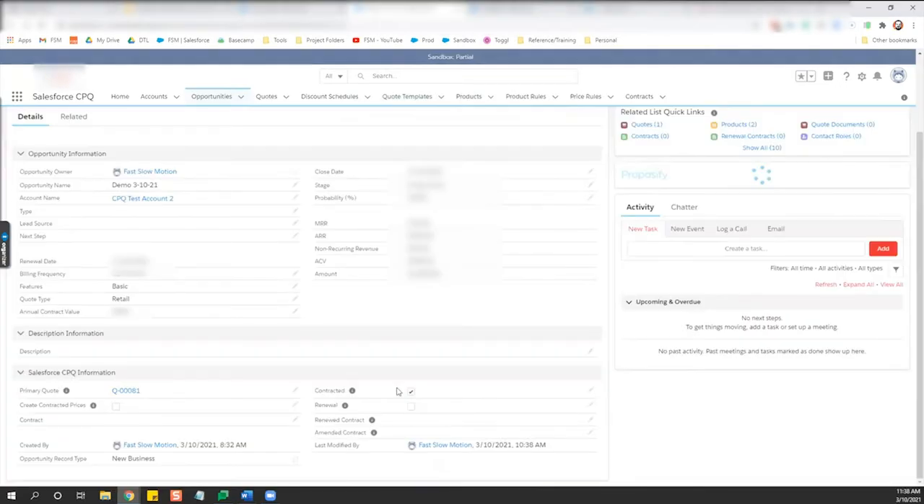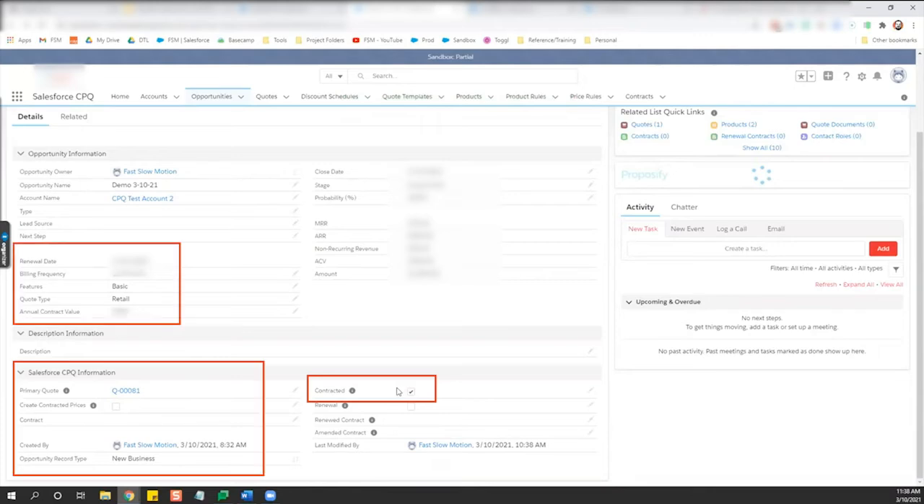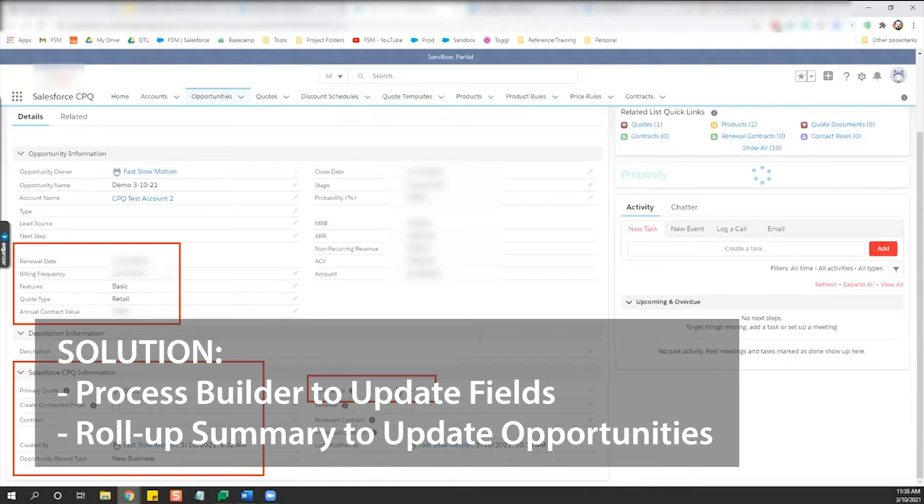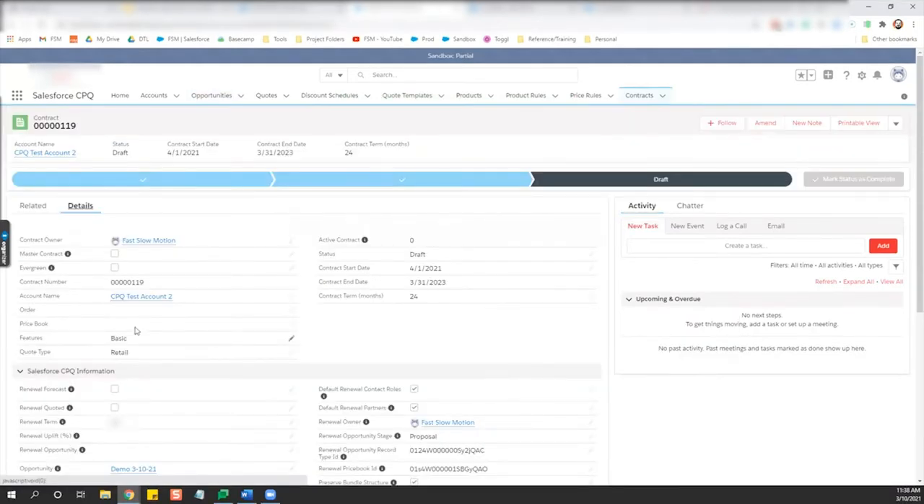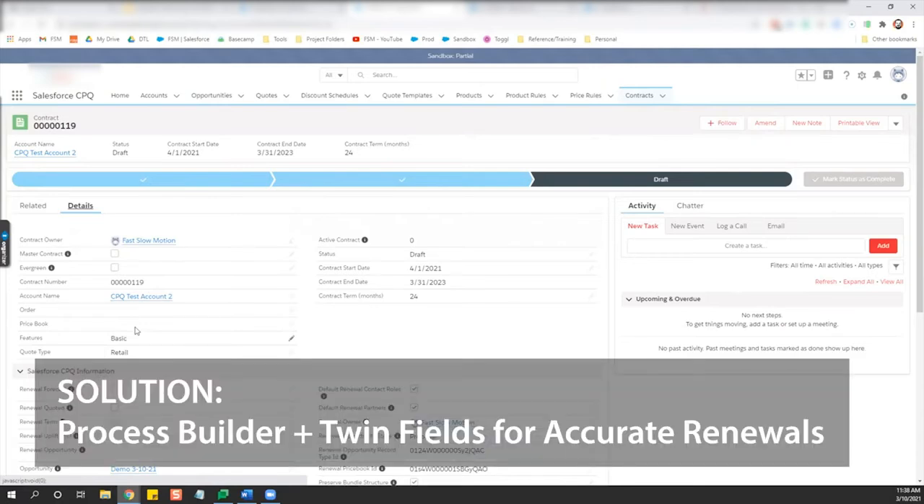We used Process Builder to update fields related to contracting status, opportunity products, and quotes, and then used roll-up summary fields to place those values on the opportunity. For contracts and subscriptions, we used Process Builder along with CPQ Twin Fields functionality to populate relevant fields from contracts